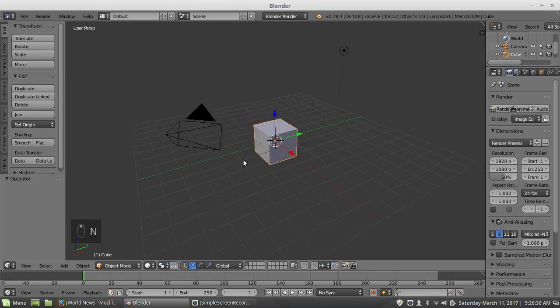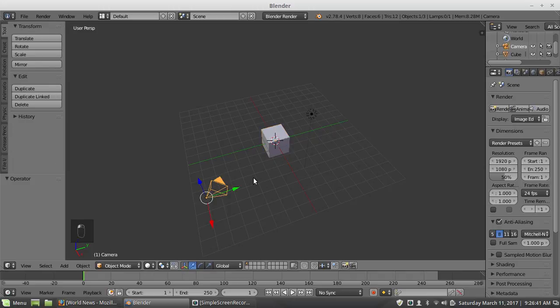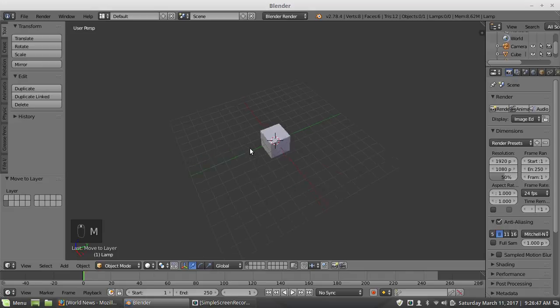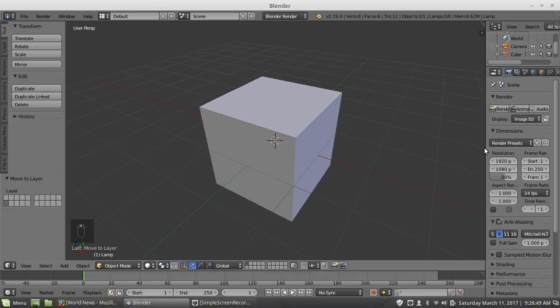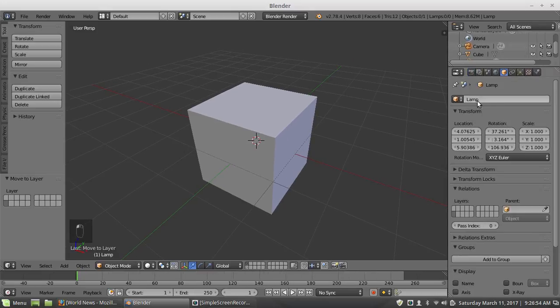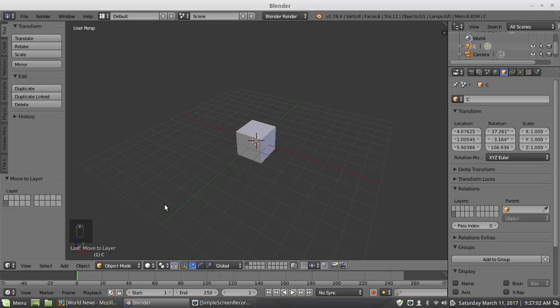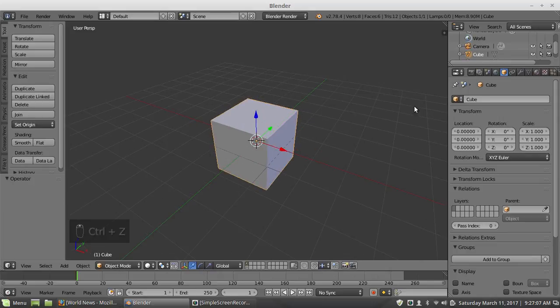Okay, so here we go. We have our cube and our other stuff in the scene, and if you want, you can move this other stuff to another layer or hide it, but I'll just move it to another layer. So we have our cube here, and since I'm going to be making a chair and I know exactly what asset I am going to make, I'm going to call this, oh, I have my lamp selected. Oops. I still have this. I've got to select the cube first. Alright. I'm going to turn this cube into a chair, so I'm going to call it a chair.